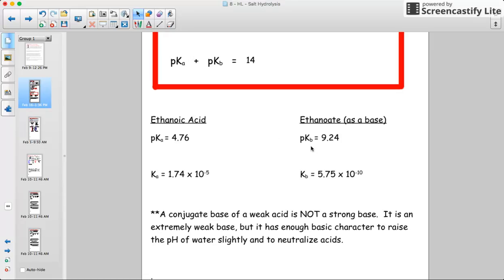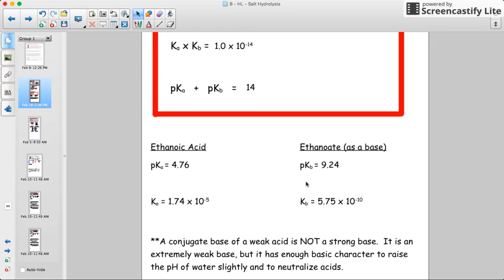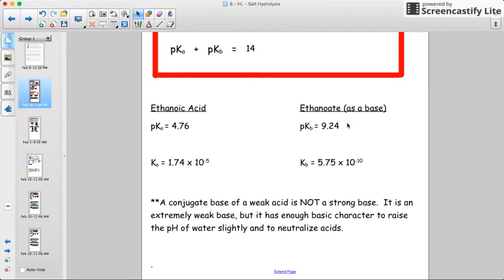That means that the pKb of ethanoate, its conjugate base, is 9.24, and its Kb is 10 to the minus 9.24, which works out to 5.75 times 10 to the minus 10. And if you multiply these two values together, they should equal 10 to the minus 14. And if you add these two up, they add up to 14. So note that while